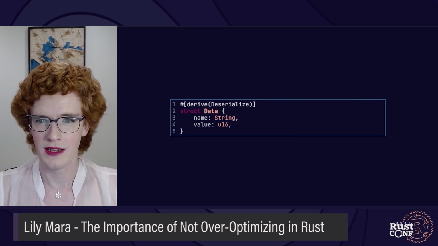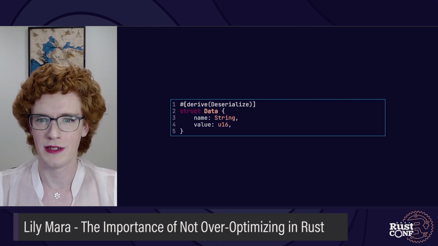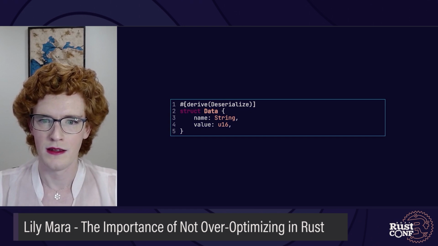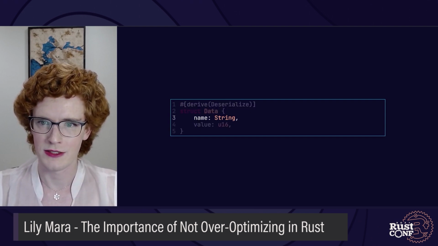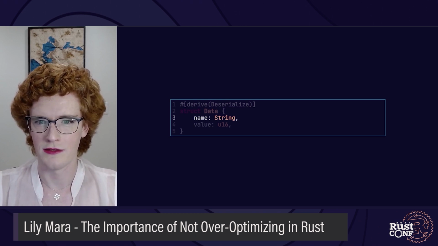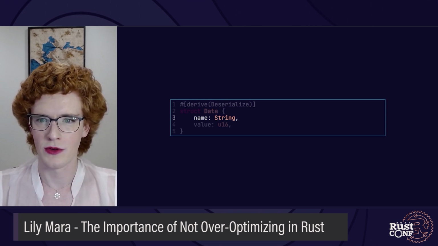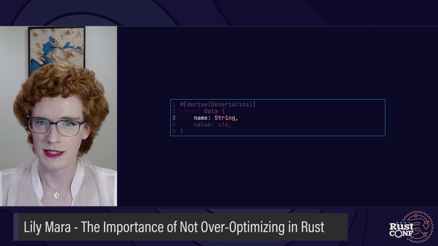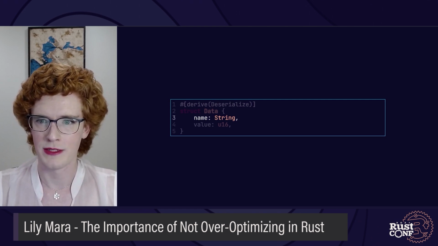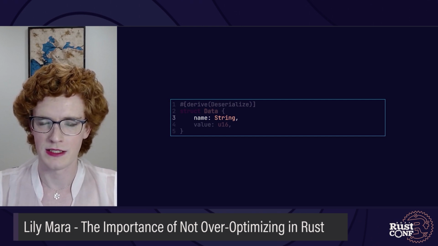The code seems pretty quick, and they proudly show it off to a more experienced Rust developer. The experienced developer tells Gene that the code is okay, but it has some unnecessary allocations in it. It uses an owned string on the data struct. It could be improved with the addition of lifetimes. Serde has support for deserializing borrowed strings instead of owned strings, so you can save on a lot of allocations, they tell Gene. Since they're excited about the prospect of writing high-performance code, Gene leaves this conversation with the motivation